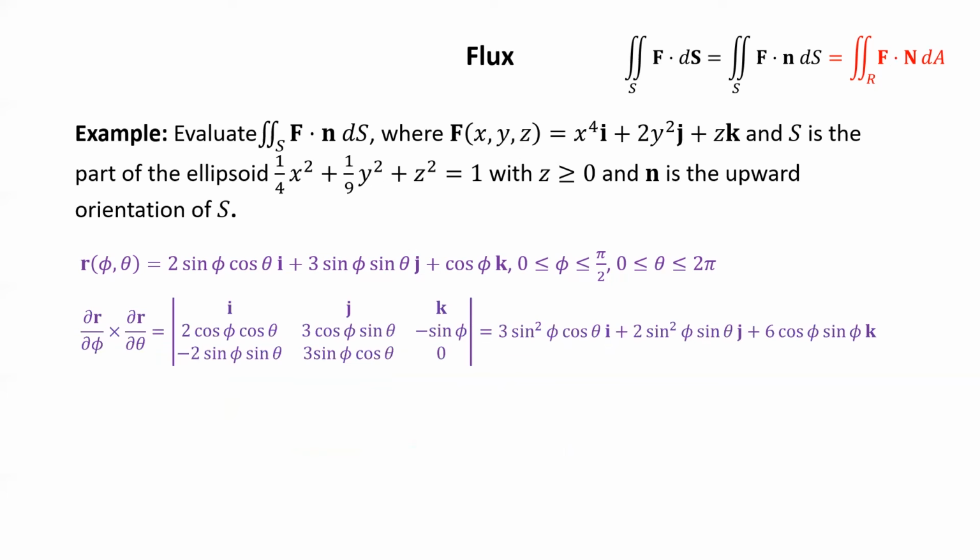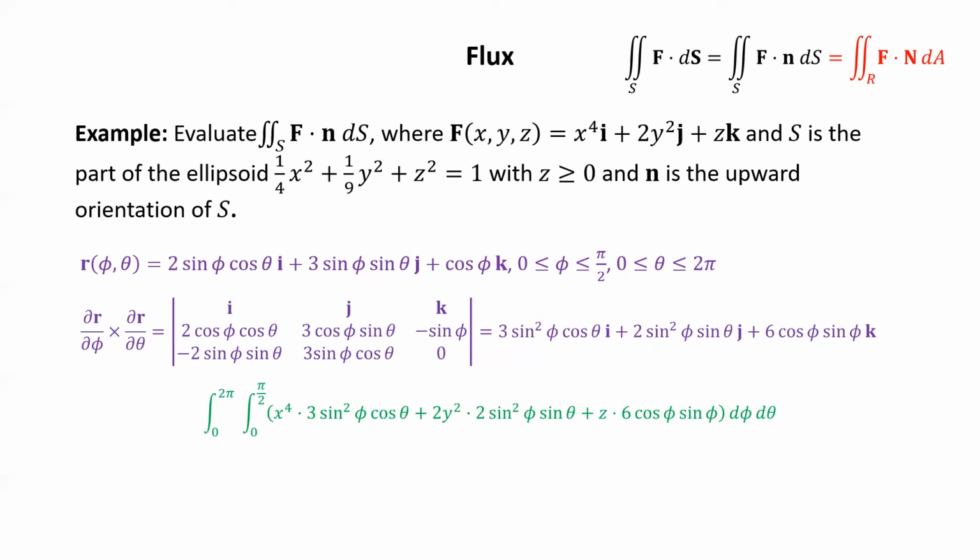This is a very similar computation to ones we've done already. You might want to pause the video and just check that this computation is correct. We get 3 sine squared phi cosine theta i plus 2 sine squared phi sine theta j plus 6 cosine phi sine phi k. We now take the dot product of the vector field F with this cross product, and